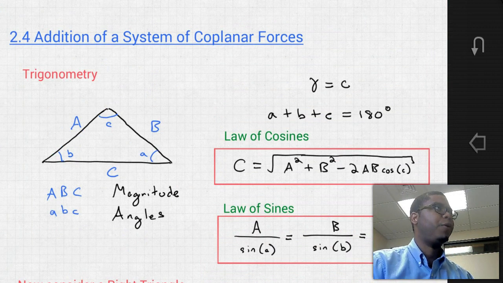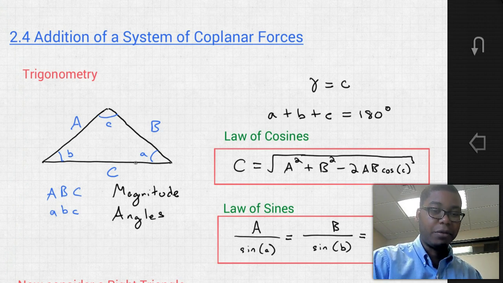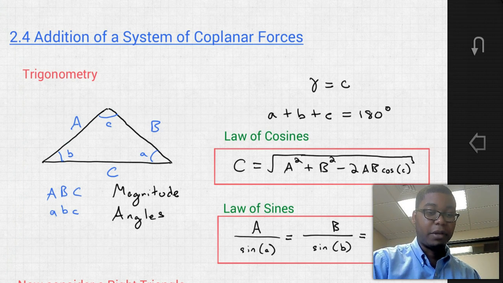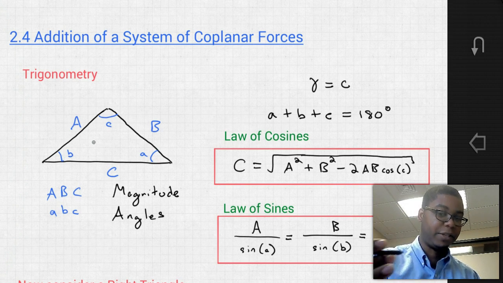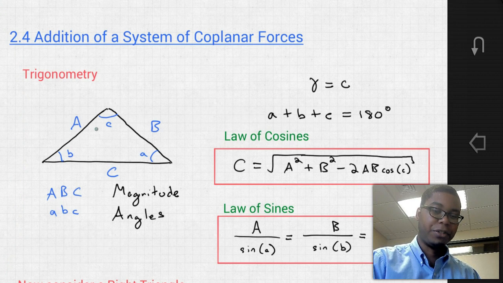In the previous video, we went over the basic geometry and trigonometry associated with a regular triangle, where you have a triangle that has each length A, B, and C have a certain magnitude, and they all have different angles. So angle A, B, and C. Now, these interior angles, when added up together, are 180 degrees, and with this geometry, there are certain laws that